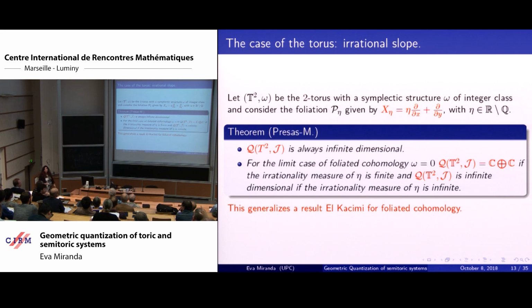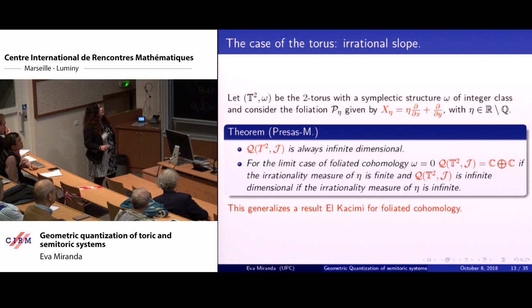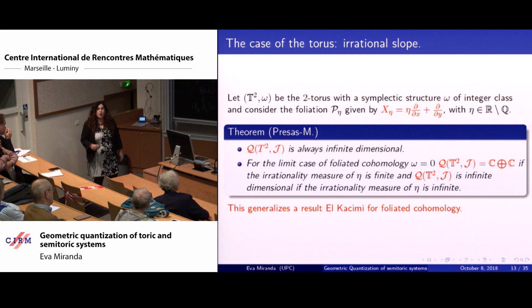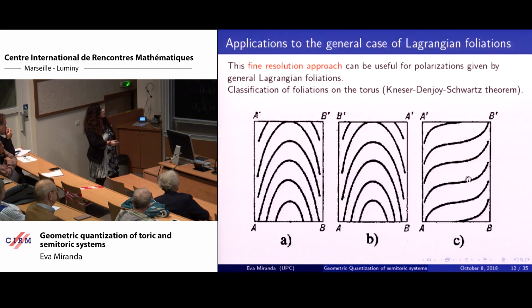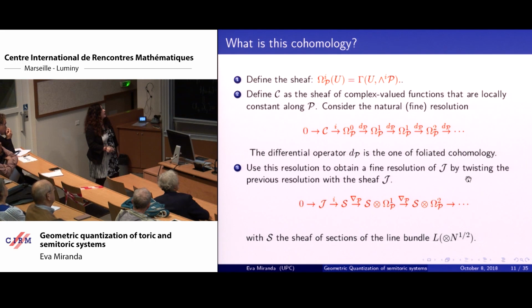So you ask a question, what's the notation? What is this J? This is the sheaf of flat sections of the line bundle. Okay? So, well, it's a notation. This is just a quantization. I don't know if I put the G here. So in this notation, let me go back here. Maybe I went too quick. You are computing the cohomology of the sheaf.